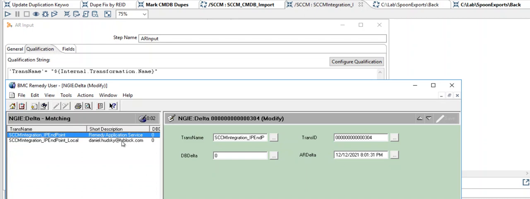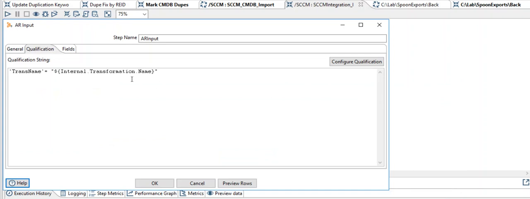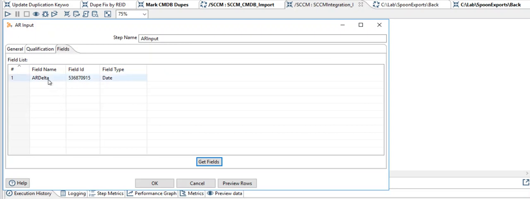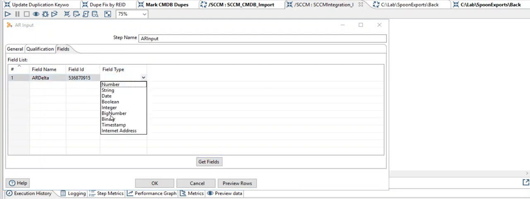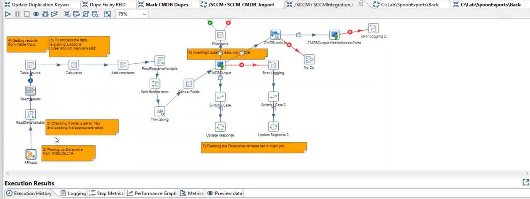So this is today, 12/12, and this is a couple weeks ago, okay? So you need to fix this by adding the submitter name, and I'll show this in the one that I actually fixed. So here in this case, I'm not going to do it. The next thing that's kind of broken there is the AR delta itself was set by the developer to be an integer. Okay, so that integer out of the box is a flawed data type because it will not be recognized. So I don't know why this guy didn't just fix it, but basically what he did here, let's